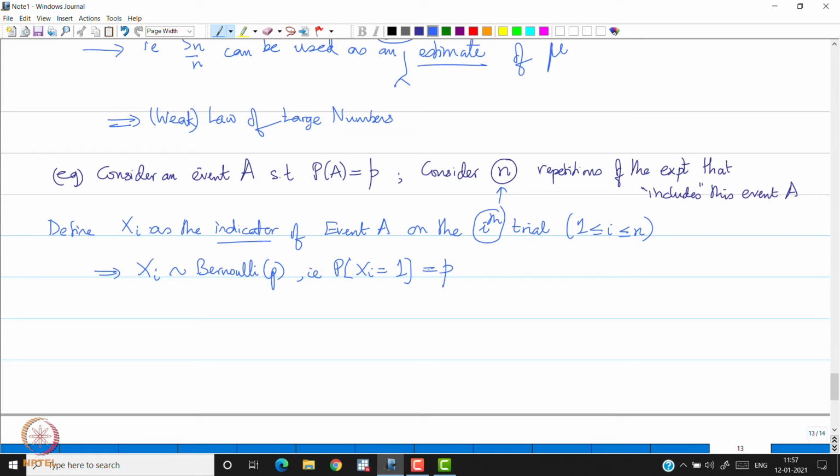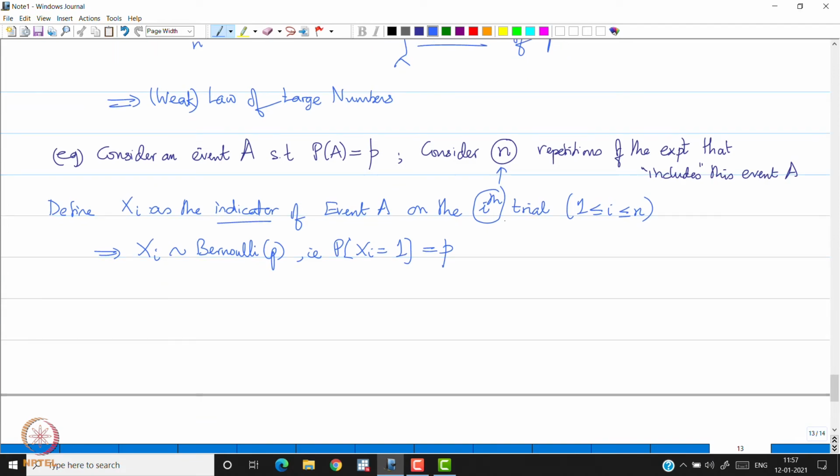And of course, the variable Xi takes value 1 with probability p and value 0 with probability 1 minus p. So this is basically the textbook scenario of applying the weak law of large numbers. Sn is now going to be, if you look at this sum here, Sn equals the sum from i equal to 1 to n of Xi, what is this going to be? This is going to be the total number of occurrences,